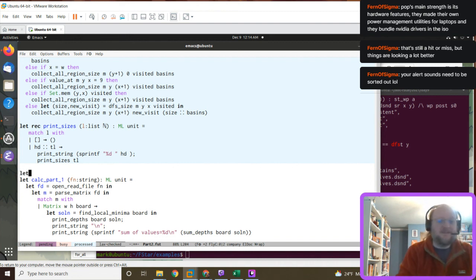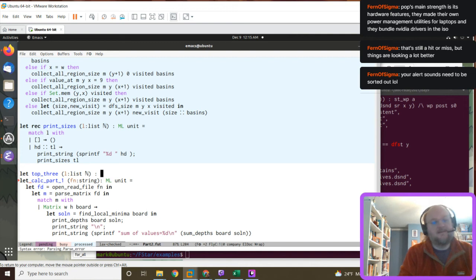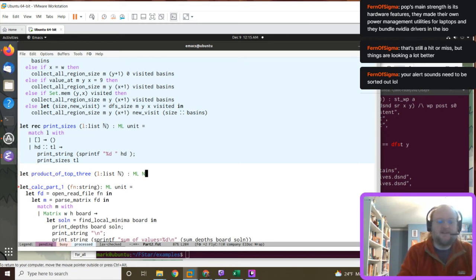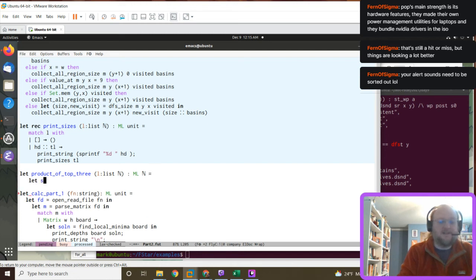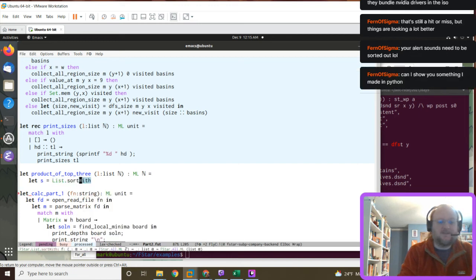All right, and let's sort them. Yeah, we'll just stay using the ML effect so we can fail. So let's say s equals sort with